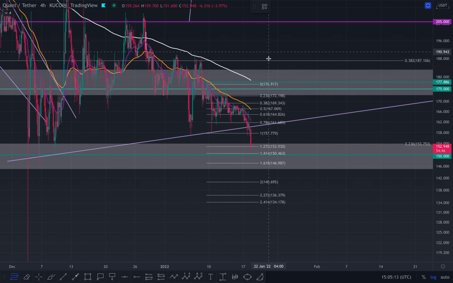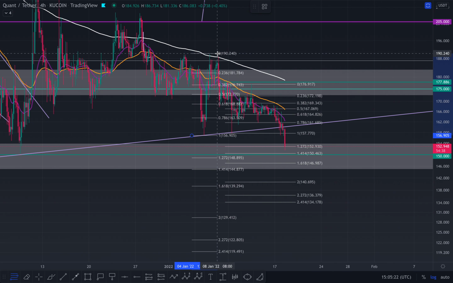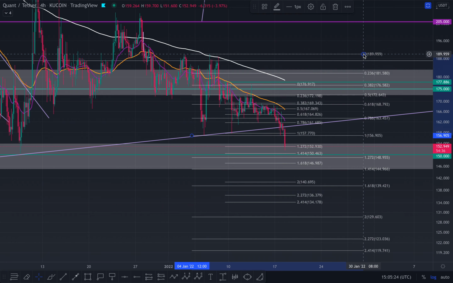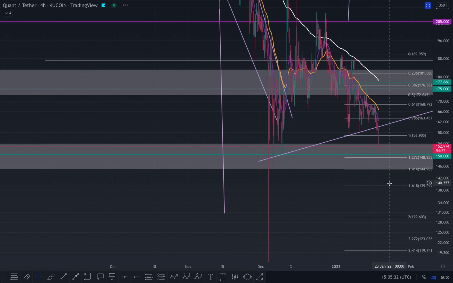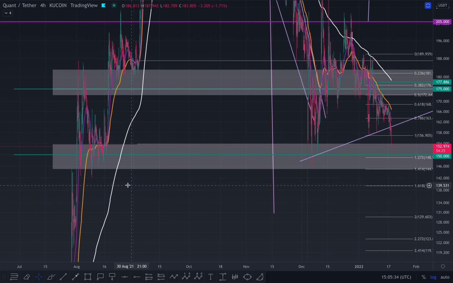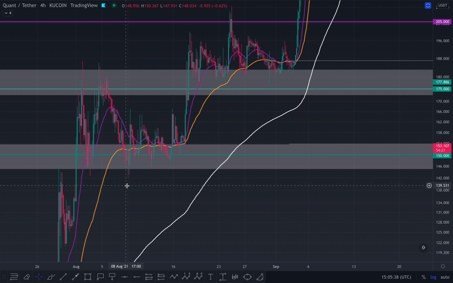But falling out of that now, we need to see the targets. Let's look at why the 2 could be a nice target to look at as well. So from this swing low to this swing high, you can see we've put that across. Let me get rid of that for now. And yeah, your first target is the 1.272, 148, and then your 1.618 is 139, which is roughly very close to that wick over there. But you can see, wait, let's go to 139. Yeah, it's roughly on this swing high over here.